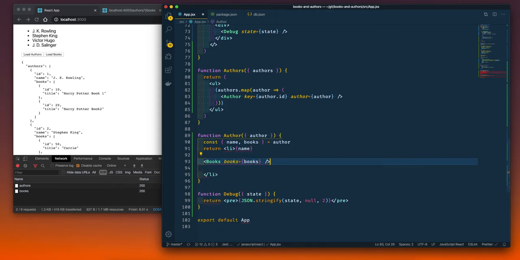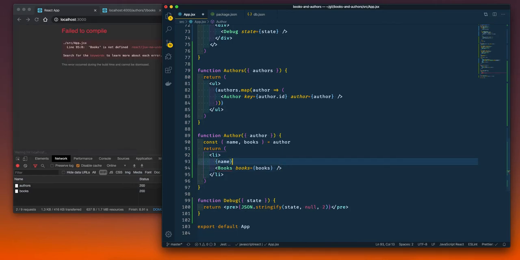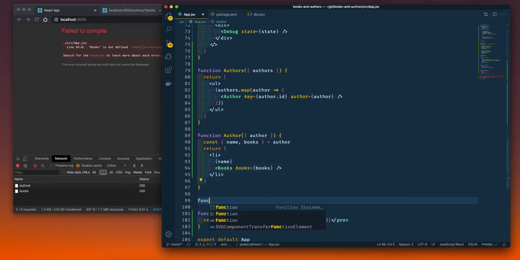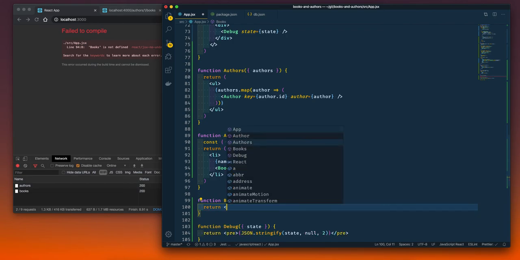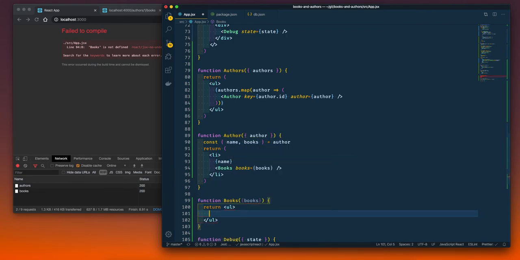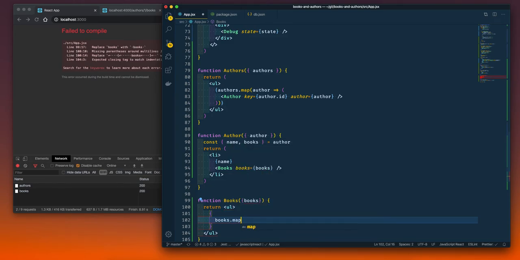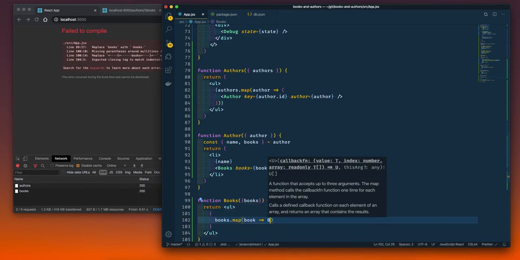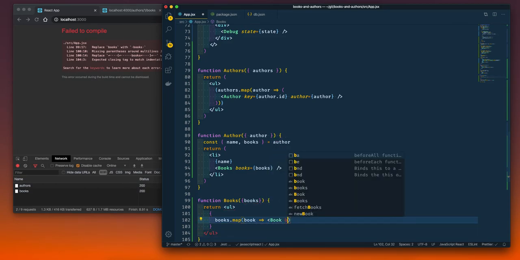We can create a books component. We did this above for the authors, so we're going to do it for the books. It's easy as that. And we're going to say return, and it's going to be an unordered list, and we're going to iterate on the books. And on the books, we're going to say map book, and for each book, we're going to pass it to a book component. Book equals book,